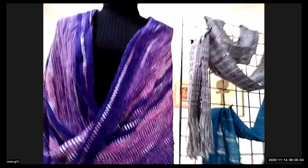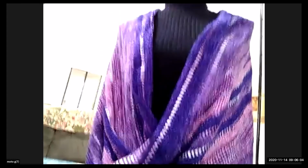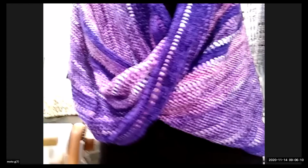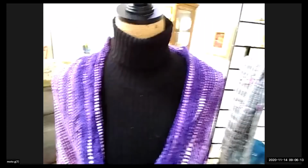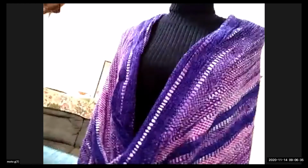Here, which is showcased on my Facebook page and in my store. This is all chenille. It is a Mobius, as you can see right there, the way it twists, but it sits on your shoulders. You can wear it on your shoulders, or if it's kind of damp out, you can actually pull it up over your head. I made this same Mobius for my sister for her birthday last year. She likes to wear it to church. She wore it to a wedding and showed me the picture. She gets a lot of compliments on this particular